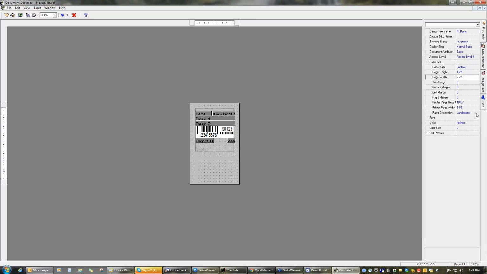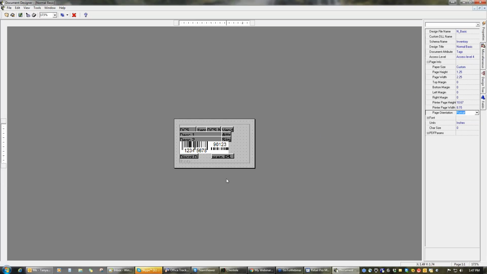Okay, we'll change this back to portrait. There we go. Okay? So it's important that my paper size is correct. I have to make my band size correct. You'll see that technically my band is outside of the paper size. So I'm going to fix my height to be 1.25. My width is already correct. So once I do that,